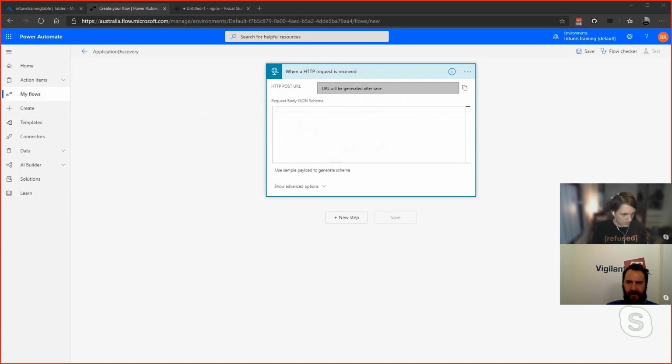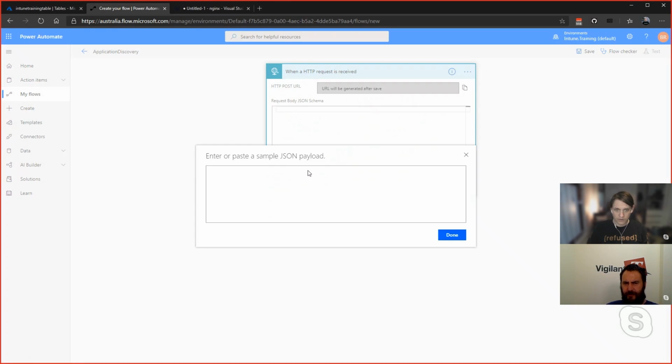Convert. All right, I'm just going to select that. And down here, I'm just going to click on Use Sample Payload to generate schema. This is pretty awesome, because what it's doing is creating that JSON schema for us on the fly